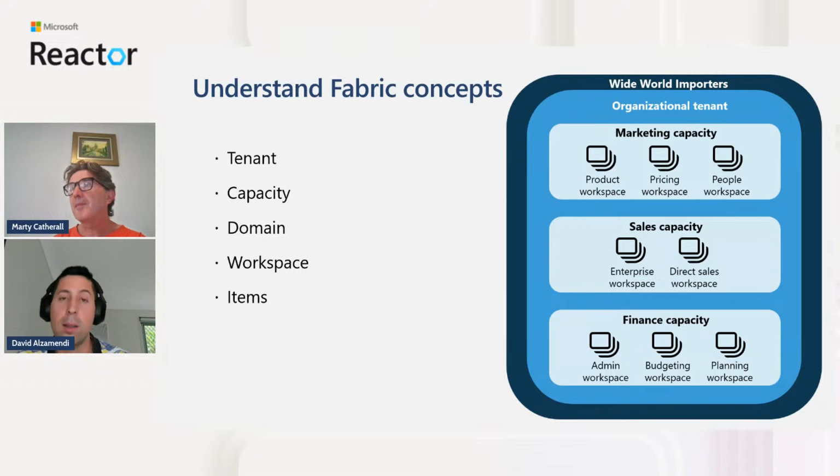So every time that you move data, or every time that you refresh a Power BI report, or somebody's querying a Power BI report, that is going to be taking advantage of the compute power / capacity units of your Microsoft Fabric capacity. So one tenant could have multiple Fabric capacities. You might have different capacities for different workloads, different departments, or different environments. Think of development, UAT, or production, or maybe some regulatory compliance. You might have to have a capacity in Europe, another one in the US, and another one in Australia.